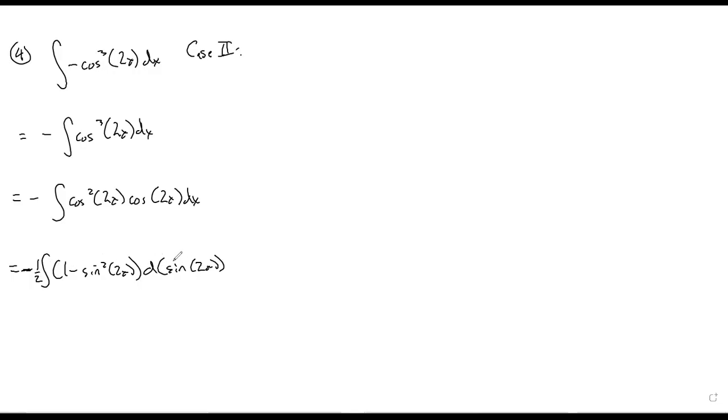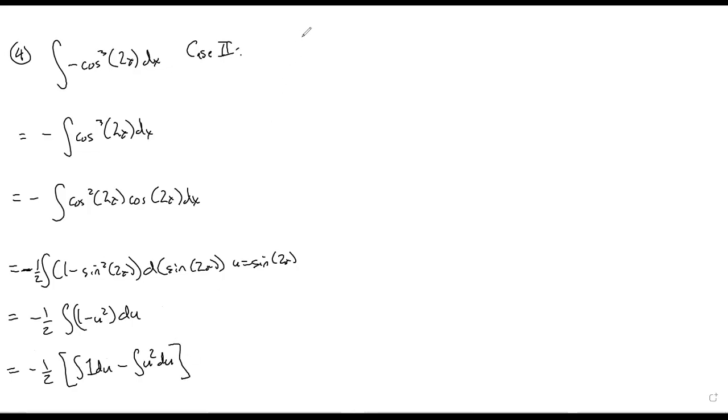Because when I take the derivative of sine, I get cosine 2x times 2, and so the 2 and the 1/2 cancel. Now I'm ready to make my u subs. U will be equal to the sine of 2x, and this results in negative 1/2 integral 1 minus u squared du, negative 1/2 integral 1 du minus integral u squared du,